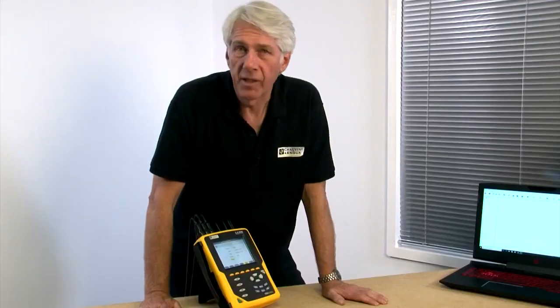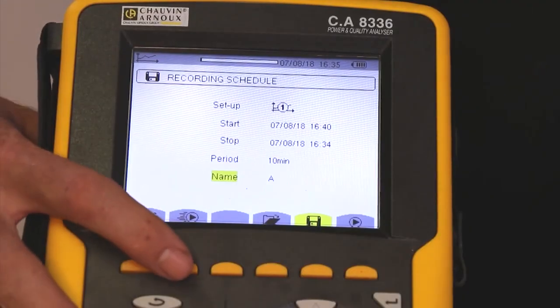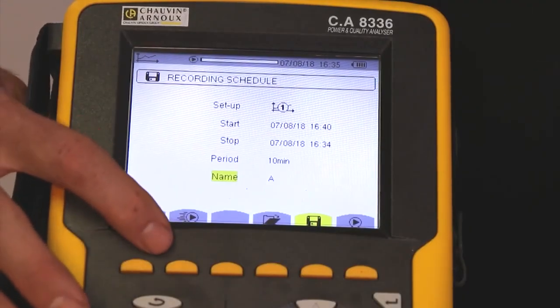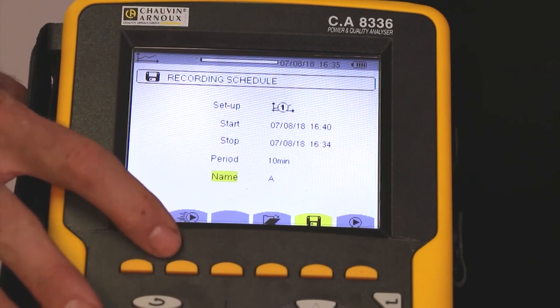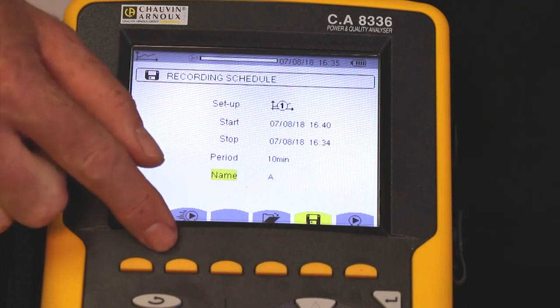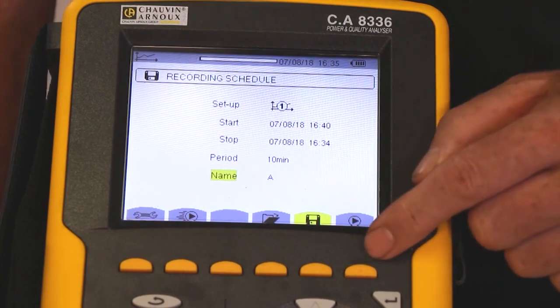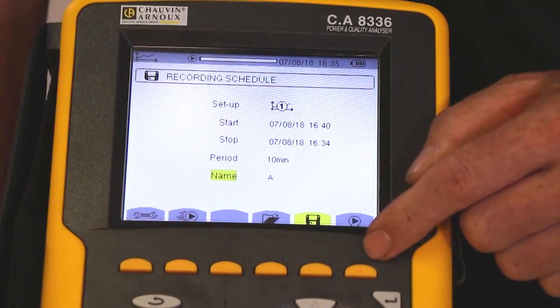I have two options to start a recording. My first option is for Instant Start Record. However, the aggregate period defaults to 1 second and can't be changed, and the name of the file defaults to Trend, which can't be changed on the device. Alternatively, press Record, which will put the device into standby mode and will start recordings with all the specified settings.